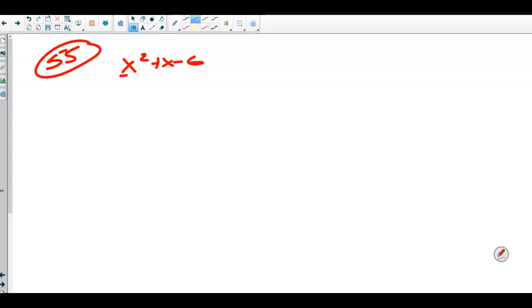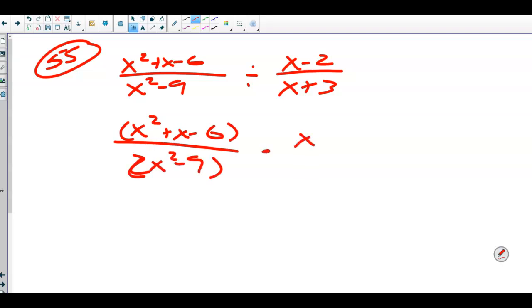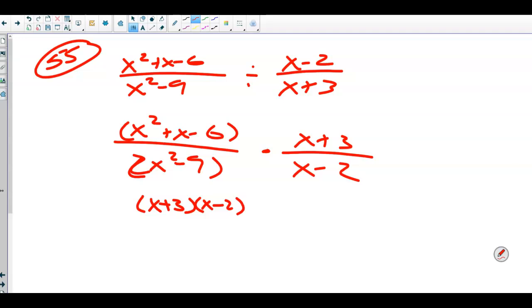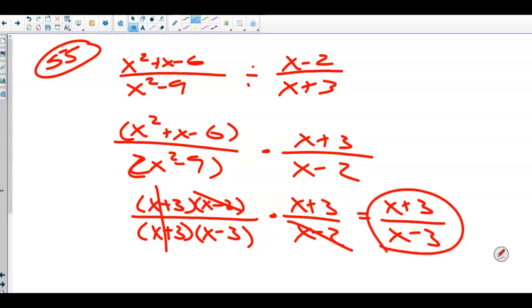x squared plus x minus 6 over x squared minus 9, divided by x minus 2 over x plus 3. Before I do anything, probably didn't even need to put these parentheses here, but whatever. We keep, we change, we flip. Now I factor. x plus 3, x minus 2. x plus 3, x minus 3. x plus 3, x minus 2. We simplify vertically. We simplify diagonally. And I'm left with x plus 3 over x minus 3. And that's the answer. Keep, change,